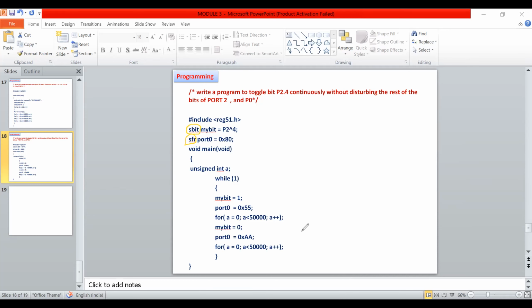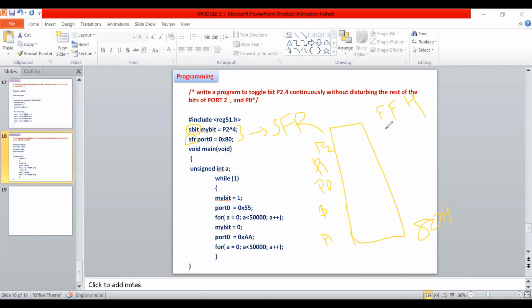Okay. All of this belongs to the SFR, special function registers, starting from the address 80H to FFH. In this address range, all the registers are there, many registers like A, B, P0, P1, P2, and we have TCON, everything.